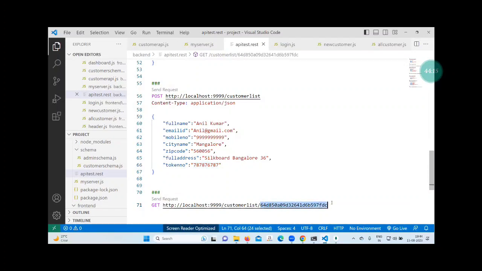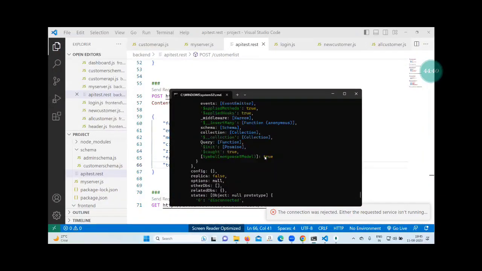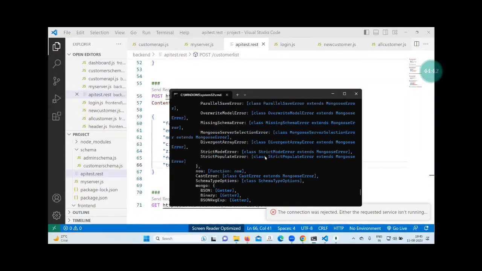Okay, hold on. We can also do it like this. Keep the token number with the same number of characters and change one character. Then see, still error. The token number I kept is different, not the same. Send request, again error. Send request, again error. Okay, so maybe the code we have written has something wrong. So let us find what the error is. Here, the JSON body. Let's generate from the beginning.